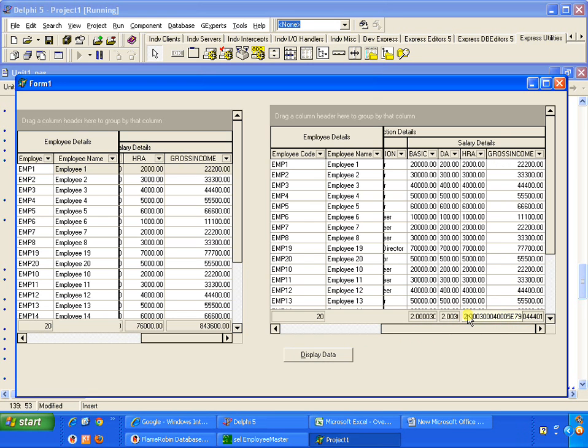Yeah, the values are too huge. I think the display is not coming correct here. We will see in our next session why these values are not coming. But I think there is some display format we have to apply, because as you can see here, 2 point something is coming and 86 will